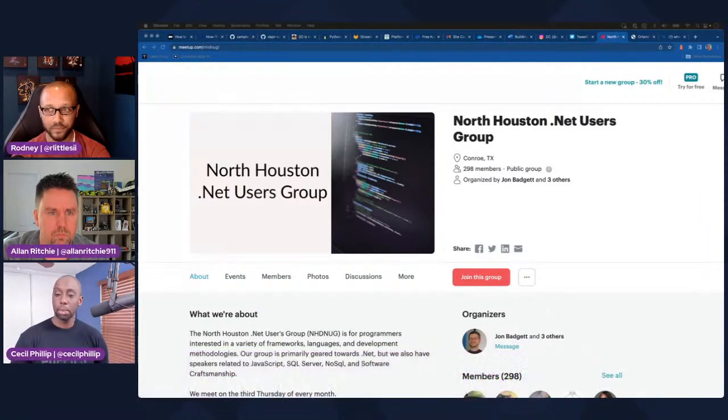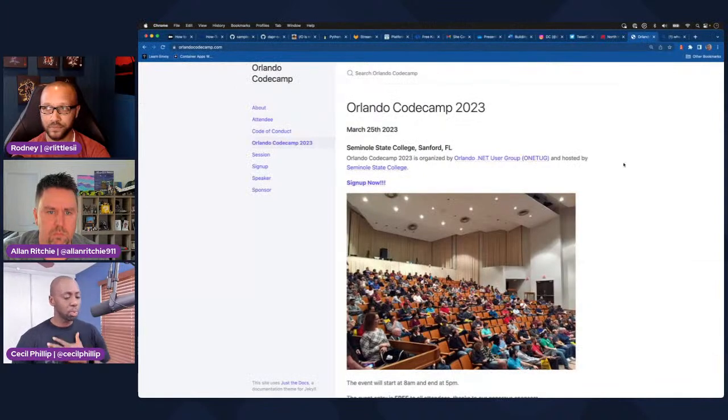All right, so the next link that I'm going to share with everyone. I think we might have spoken about this before, but Orlando Code Camp is also happening March 25th. I believe all the speakers have been chosen, so you can no longer submit to speak there. But if you're in the Orlando area, code camps are free, right? So you could just show up and check out the talks, network with your peers, learn some cool stuff and hang out. So if you're close to Orlando, Tampa, Kissimmee, Daytona, anything like that, that's a 45-minute drive for you, give or take. Definitely head over and check this out on March 25th.